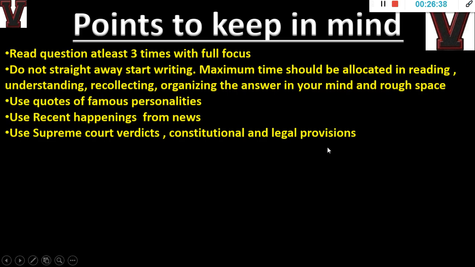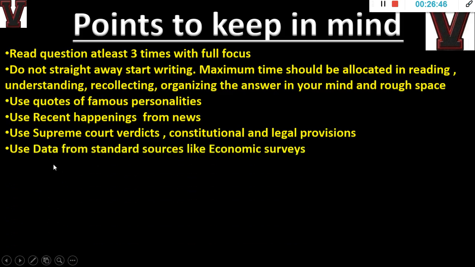Then constitutional and legal provisions also you can mention, like it's not constitutionally right, or it's violating the fundamental rights, something like that you can use. Then, because this time there is a high chance that a lot of citizenship amendment related questions will come, even in the essay, all these things are important. In my test series it's anyway covered, the Polity test, you can go and see.